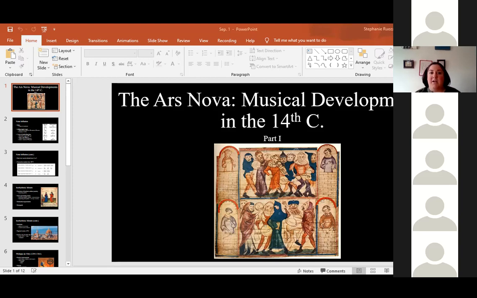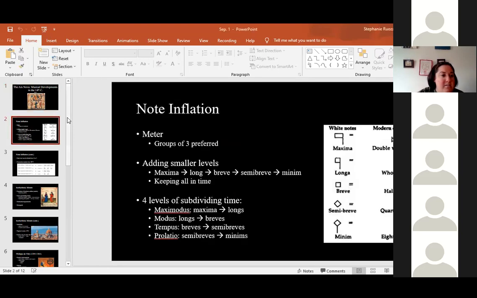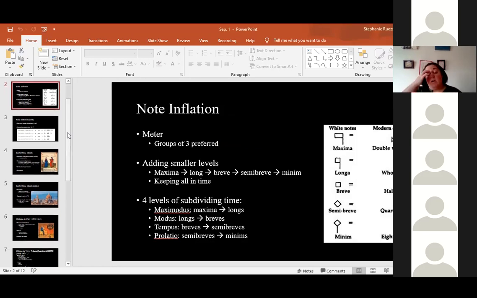So last time we talked about the Franconian notation, those rhythmic modes. We talked about how they are used to form different kinds of polyphony, namely organum and descant. And now we've talked about the genres that grew out of those. Once the rhythmic modes became standard,